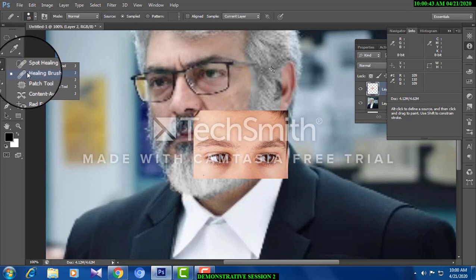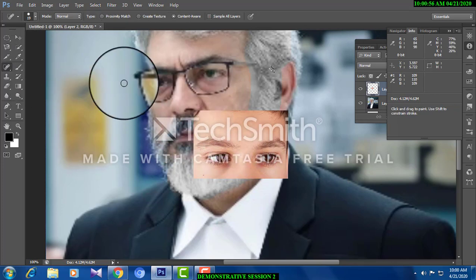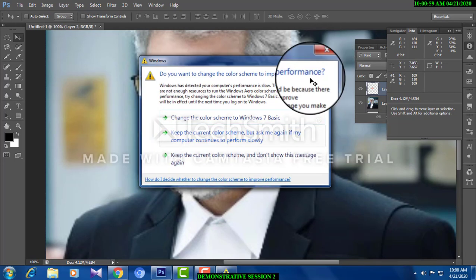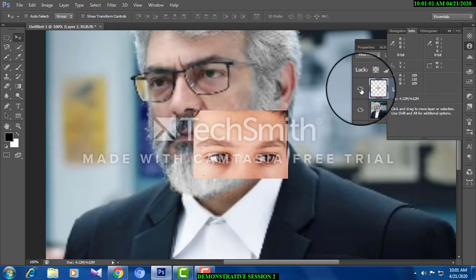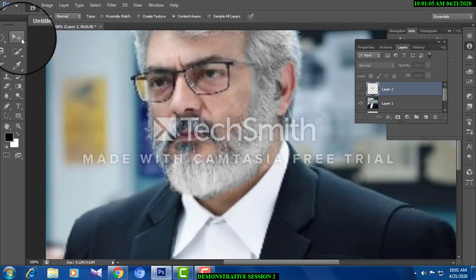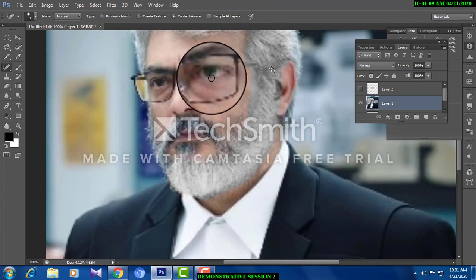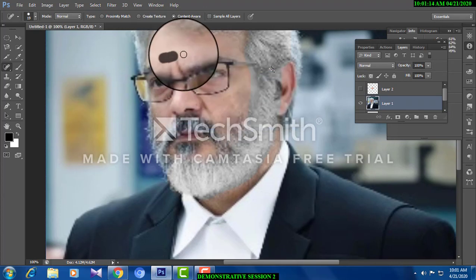So this way you can use samples and you heal. For example, in a photograph, a stamp may be there. You can use the tool to remove the stamps. You can use it to remove stains in photographs. The spot healing brush is almost similar. Now I'm going to Ajit's photograph. Now the spot healing brush. Just choose before working. I'm just using the spot healing brush. Now I'm clicking this eye. Now look here what happens.